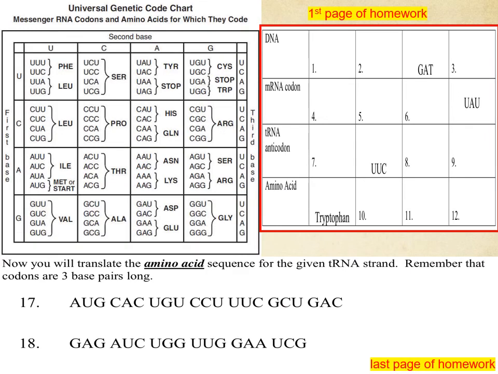There's a chart. I forgot about that. All right, so the labels here tell you that the top little box up top there is the first page of your homework, and the one on the bottom is from the last page of your homework. Let's just do a little bit of an example here. I want to point something out, which is